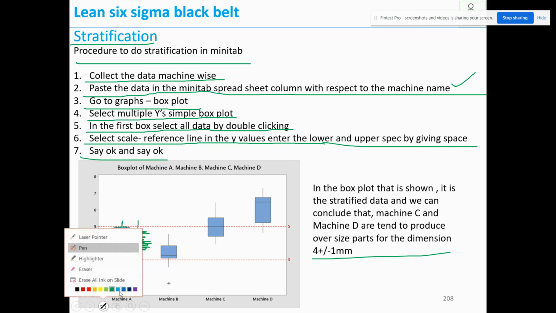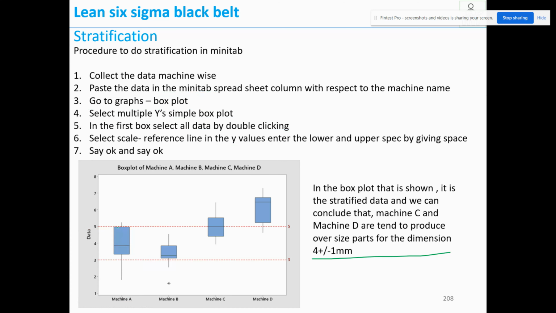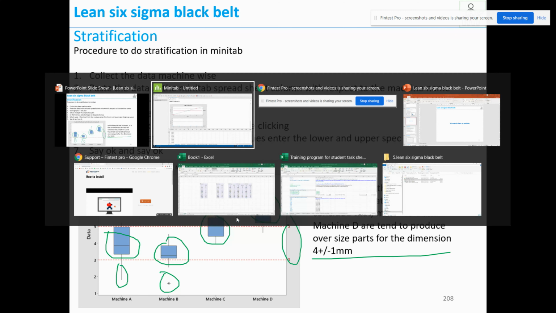Now if you see this box plot, machine A is also producing undersize but still it is producing maximum within spec. Machine B has outliers, there is no continuity and it is towards the lower side. Machine C is producing oversize as well as maximum side. So machine D is out of spec only. If you see, this is the spec and everything has a variation here. So now let us see with an example in Minitab.